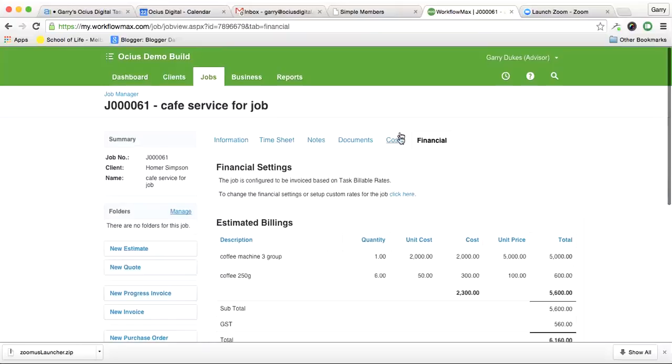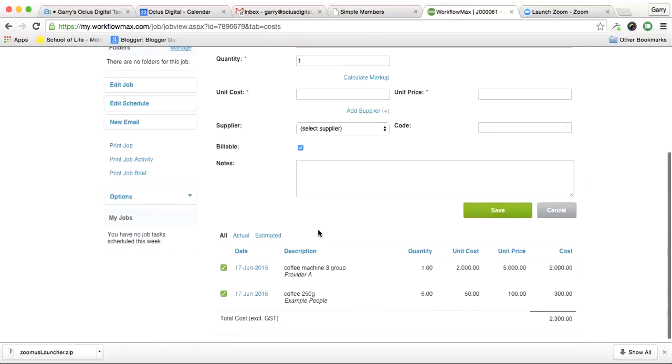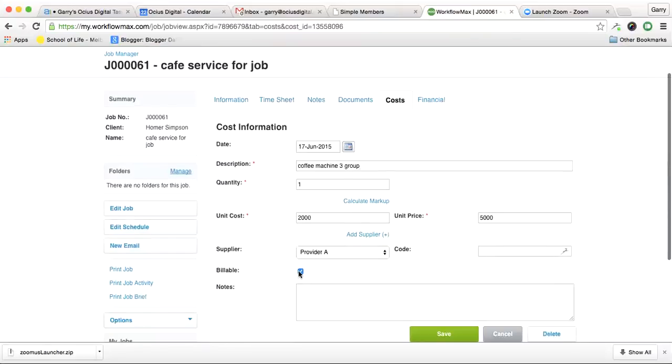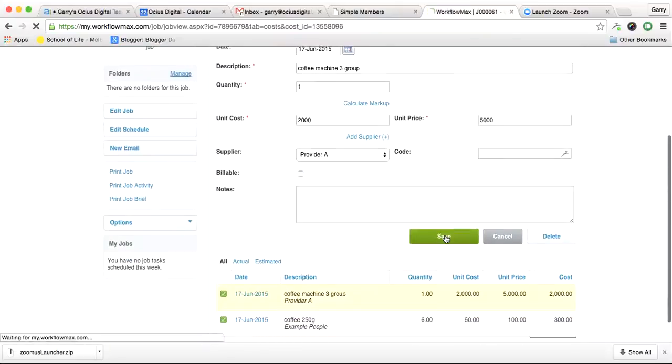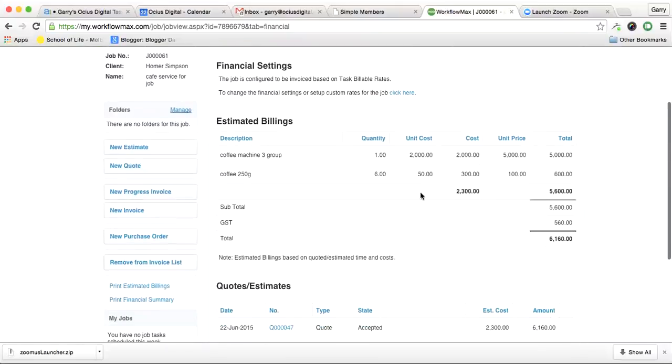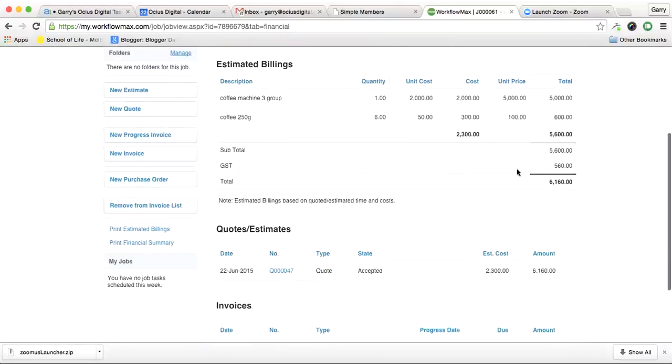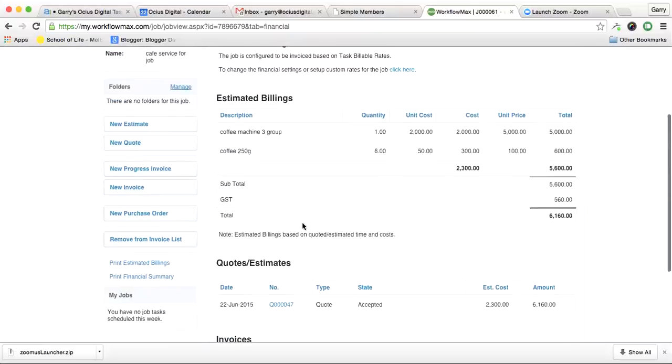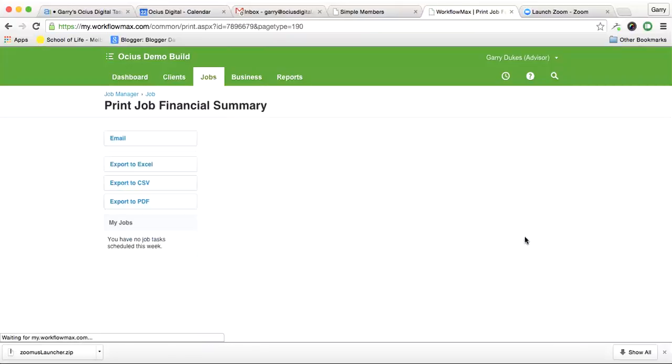Now, if I was to go into the costs and change one of those, let's have a look at the coffee machine. Let's change that to non-billable, and we hit save. If we have a look at the financial tab here, we can see that the estimated billings is still the same because it's a quoted amount. Now, when we go to the print financial summary,